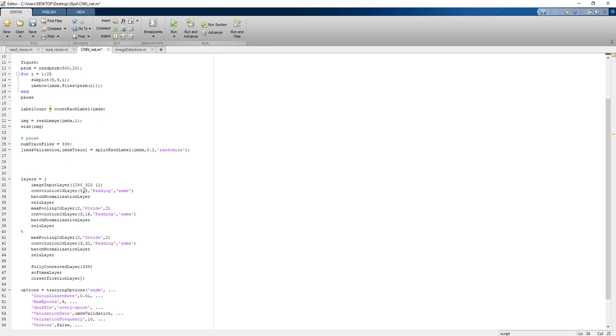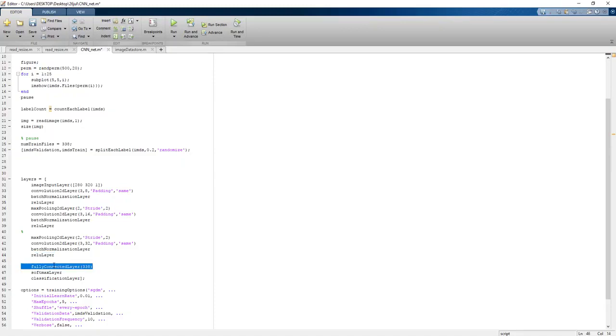Number of filters are 8. Padding is same. Batch normalization is for normalizing the output of the convolutional neural network. ReLU as an activation. Max pooling is finding the most dominant pixel from the image. Next layer of convolution, batch normalization, ReLU activation, max pooling, pushes the dominant pixel to the next layer of convolutional neural network. Again batch normalization to normalize the output. ReLU is for introducing the non-linearity.